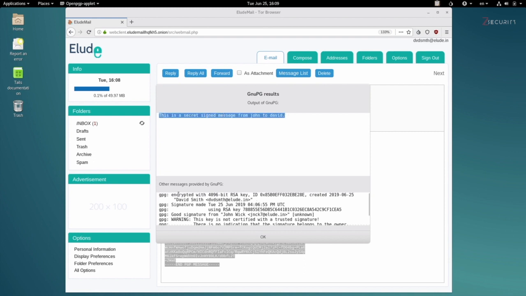But at the same time, you can see at the bottom in here, it's telling us that this message has been signed with a good signature of John Wick. We can also see the key ID and the key fingerprint. So right now, we're sure that the person that encrypted this message, the sender, is actually John Wick, and it's not someone else that is pretending to be John Wick. Not only that, but we're also sure that the contents of this message was not modified as it was transmitted